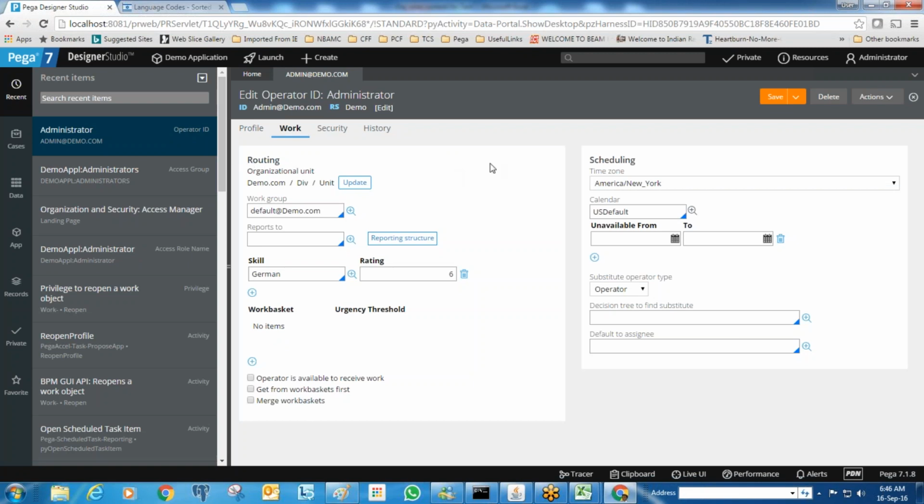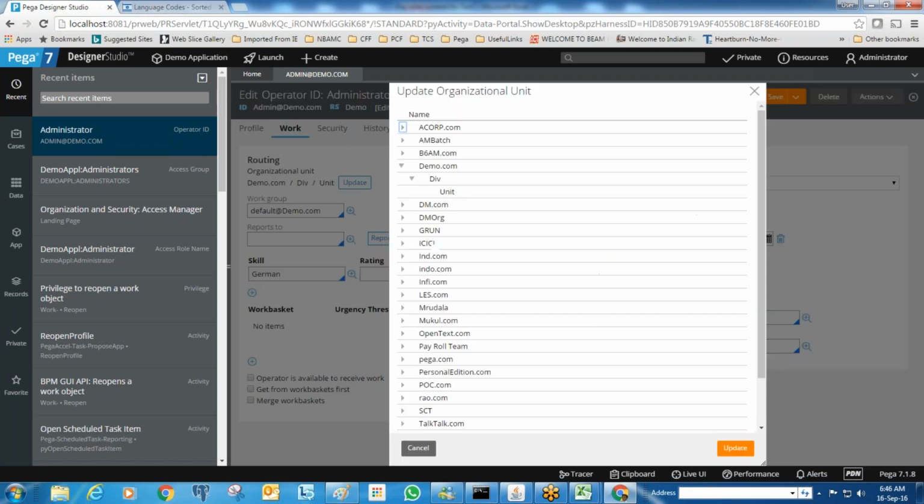When you join a company, in any software company, you belong to some unit, you belong to some team. So when you log in, let's say at Infosys.com, they will say you belong to the engineering department and so unit. So you need to mention which unit you belong to in the organization, as an operator, as a user. Here it will display the unit names.